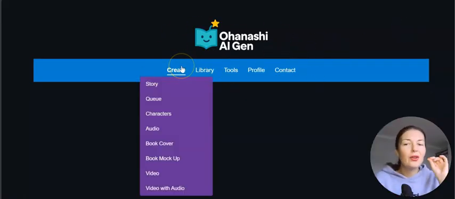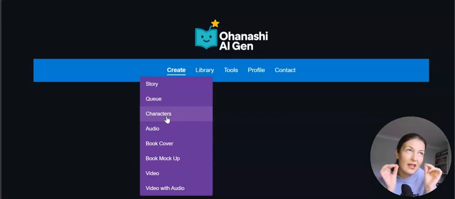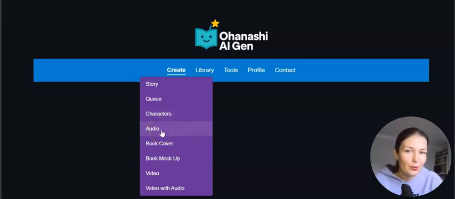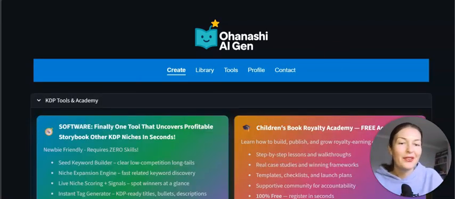Guys, it not only creates stories, AI characters, and you can create a specific character that you have in mind with this software, and then you can use that character for your stories and your videos, because if you really get full access to the software, you can create audiobooks as well. Videos, guys, video with audio. I'm gonna show you, because I've been creating quite a bunch of this and that.